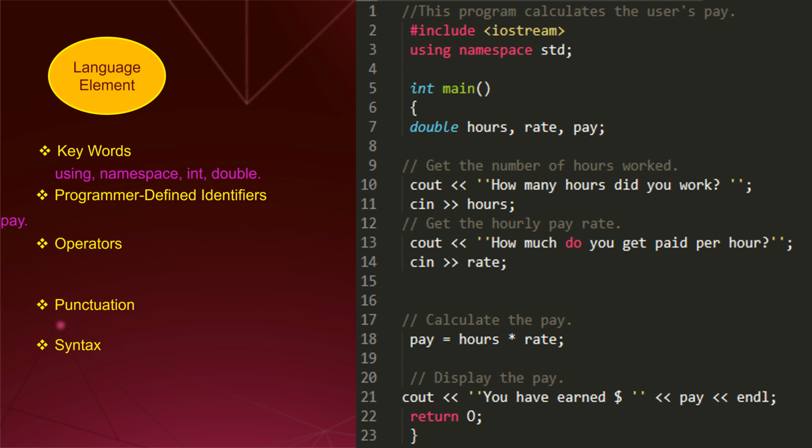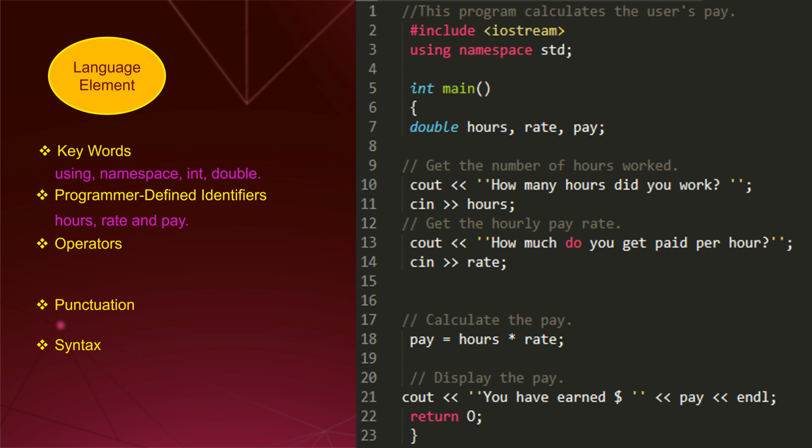The words hours, rate, and pay that appear in the program on lines 7, 11, 15, 18, and 21 are programmer-defined identifiers. They are not part of the C++ language, but rather are names made up by the programmer. In this particular program, they are the names of variables. As you will learn later in this chapter, variables are names of memory locations that may hold data.